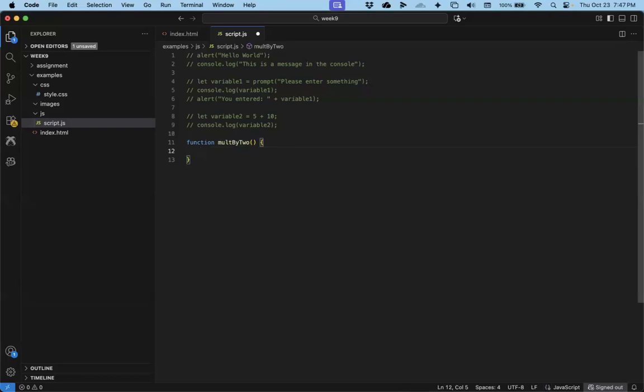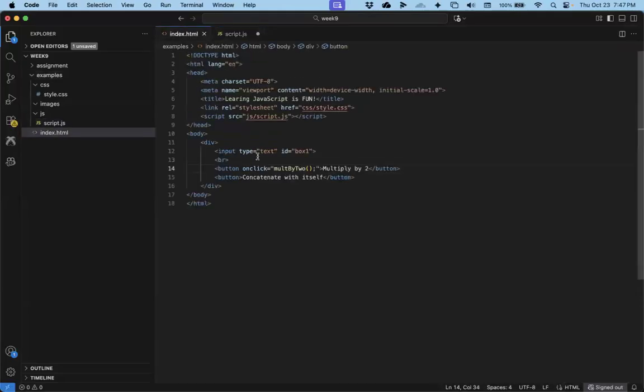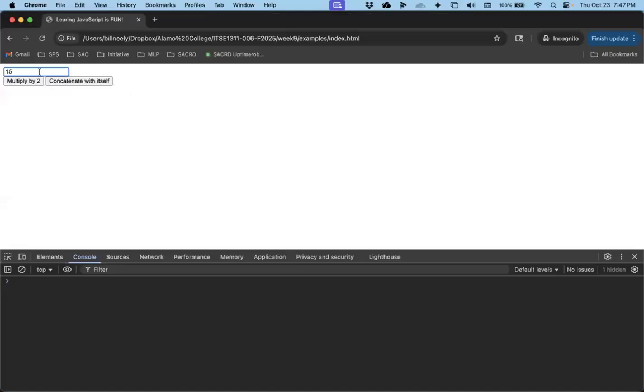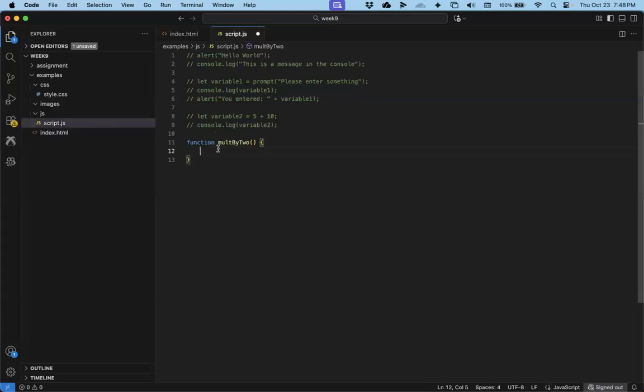Okay, so now what I want to do is retrieve the value of the text box. So here I have this text box. If I come in and I type 15, what happens now is I have an element. The element is the text box here, and we can see in our HTML that it is called box 1. So now whatever's typed in here, 15 now becomes a property of the element box 1, and the property is named value. So if I want to retrieve that, what I can do in my JavaScript is I say let variable 1